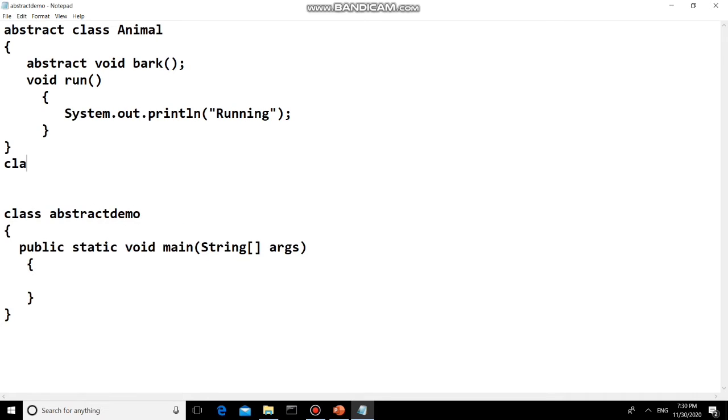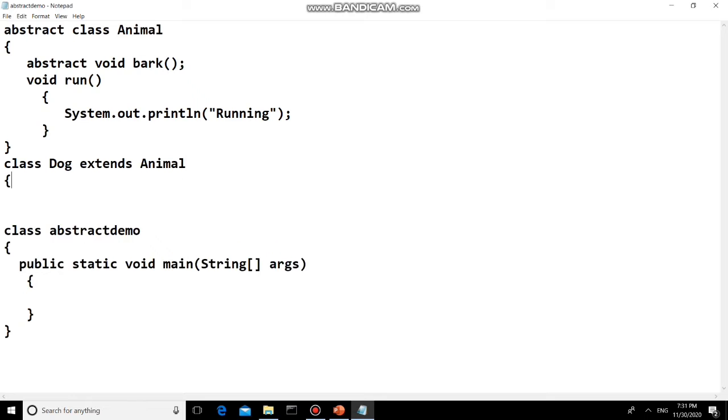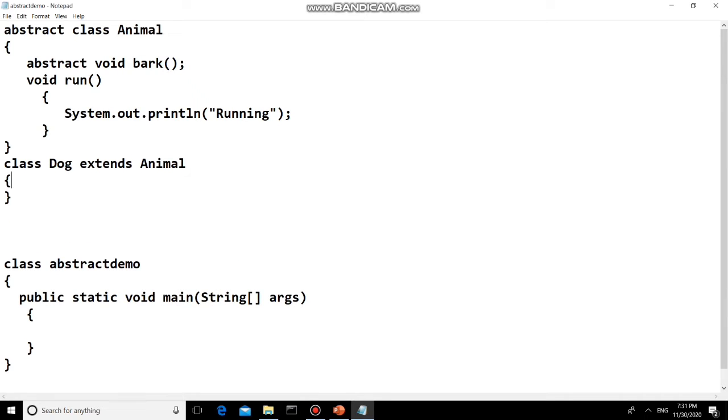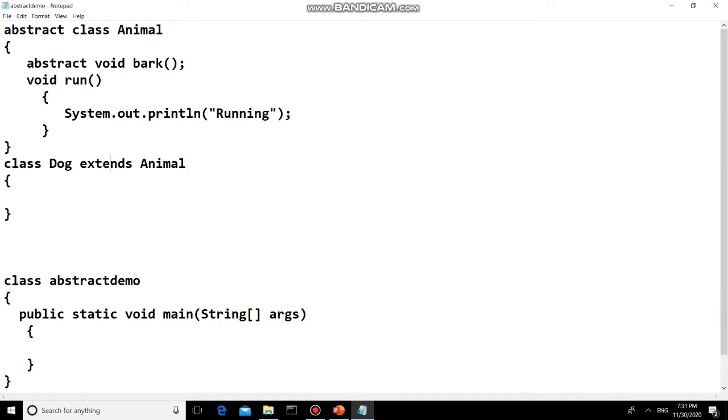So the animal class, that is an abstract class, can be extended. I am creating one more class, dog, and I'm extending the animal class here. So dog is extending the animal class, and all the features of this animal class can be acquired by the dog class. Now the implementation of this bark method will be present here.